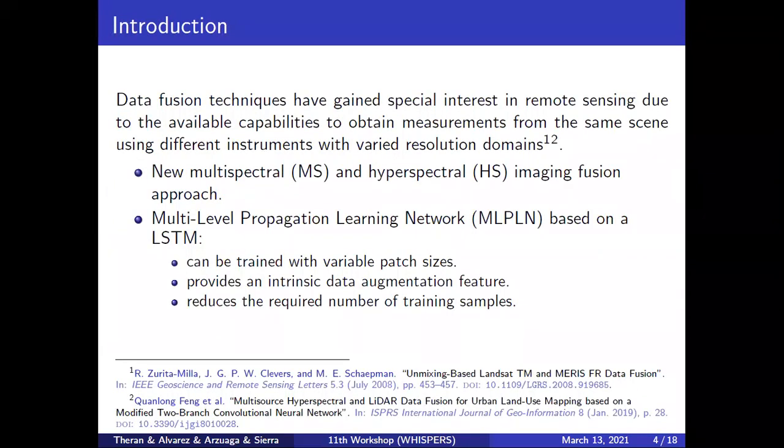Well, data fusion technique is a hot topic in the area of remote sensing because of the capability to obtain measurements from the same scene using different sensors that provide a variety of resolution domains. In particular, this work provides a new approach to fuse multispectral images that contain high spatial resolution and low spectral resolution with hyperspectral images that contain low spatial resolution and high spectral resolution to obtain images with both domains in high resolution. This new approach generates a new model for satellite imagery fusion called Multi-Level Propagation Learning Network, which